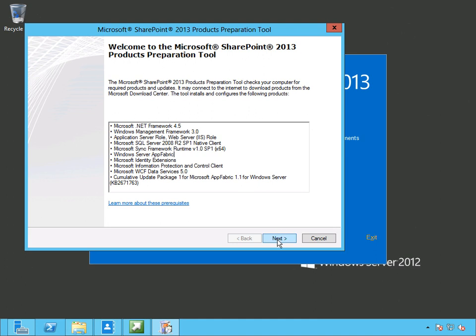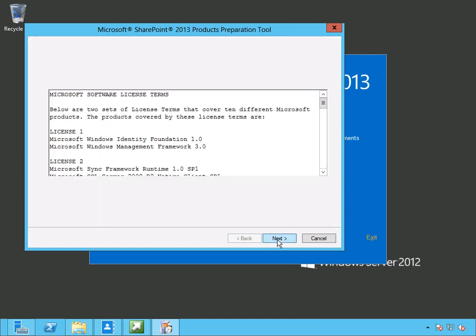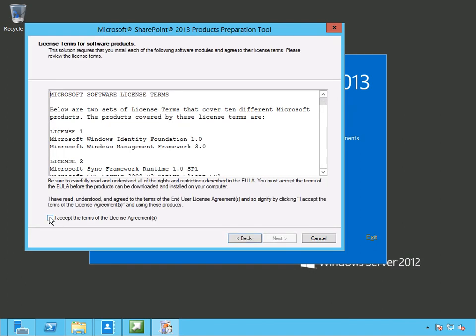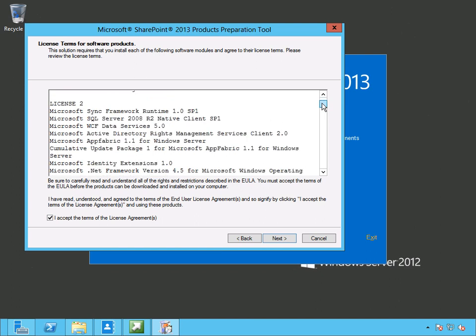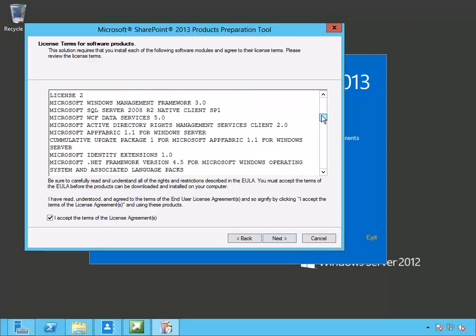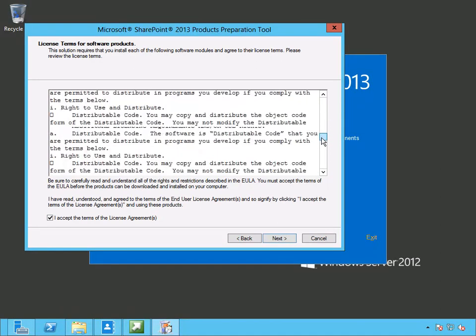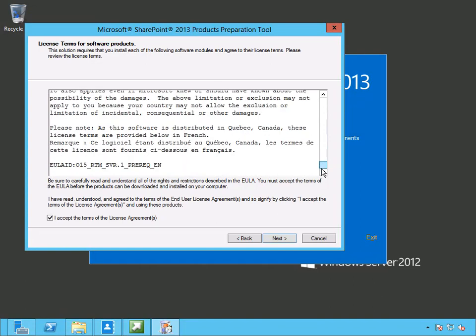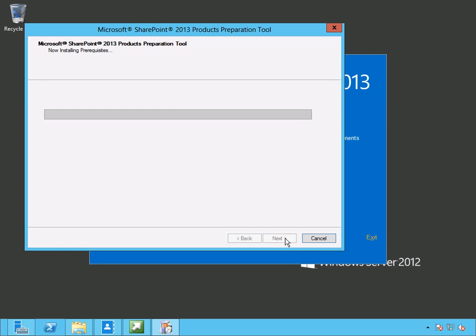That being said, we're not going to do that. We're going to go forward. We're going to click the button. And as you'll see, there are lots of different terms and agreements that we need to look at. We can scroll down, as we always do, and read very carefully all of our rights and what we're agreeing to. Go all the way to the end. You can see what we've got in this place, and next. So at this point, we'll let it run. You'll see that